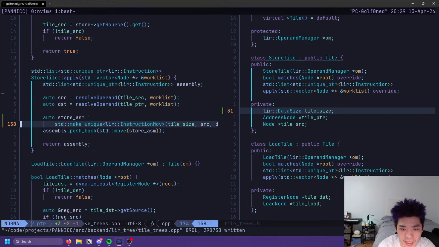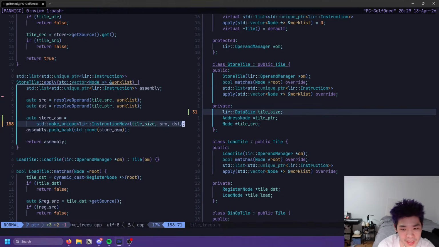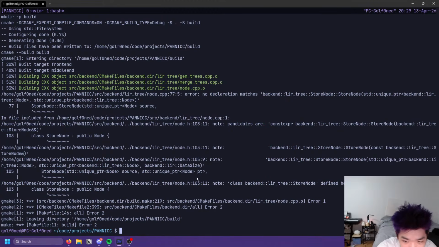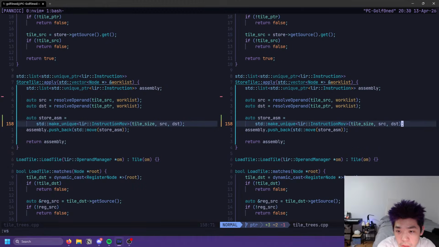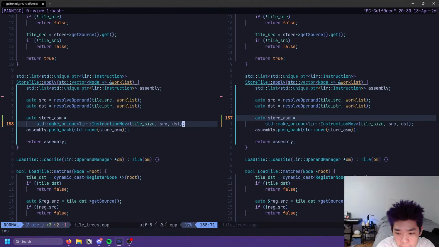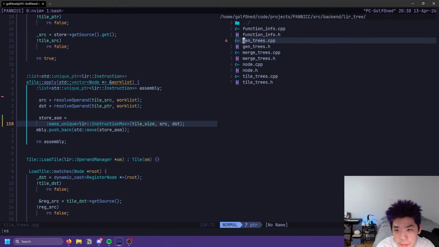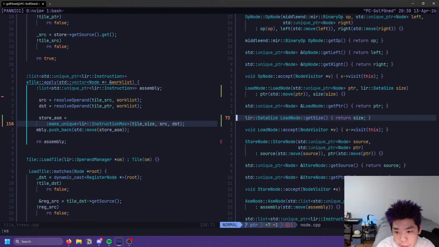What was I doing here again? I've lost the plot somewhere. Okay. Right, we were looking at this. Something about store node. Did I update the constructor? Or it was in node. Aha.